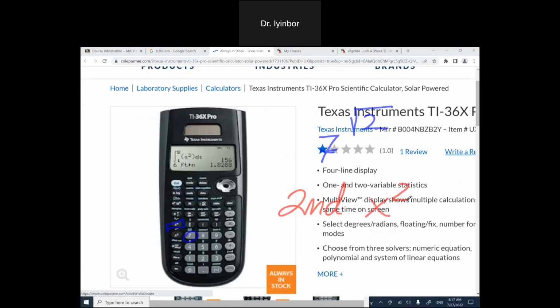So if you press those two, second is the blue one, and x squared, when you press those two together, you're going to get the square root. Okay? So you're going to press 7, x with the box, and after that you're pressing second and x squared, the one below, and then press the number 2, and then enter. So when you do that,